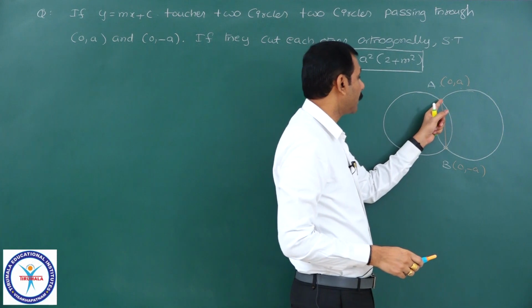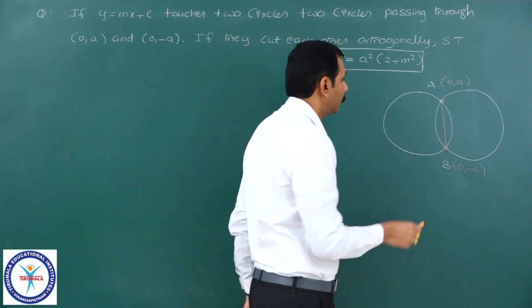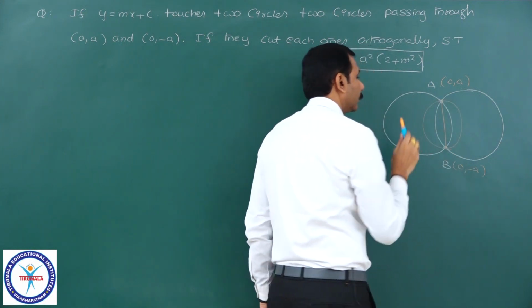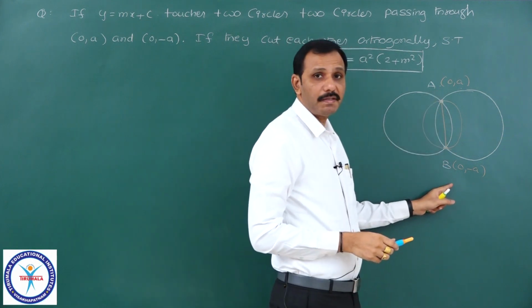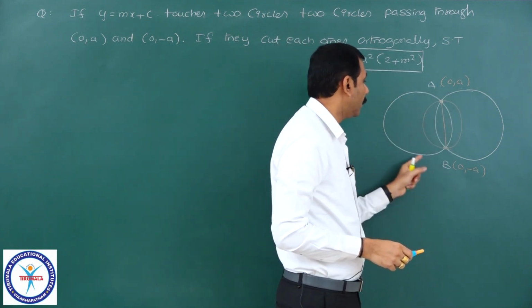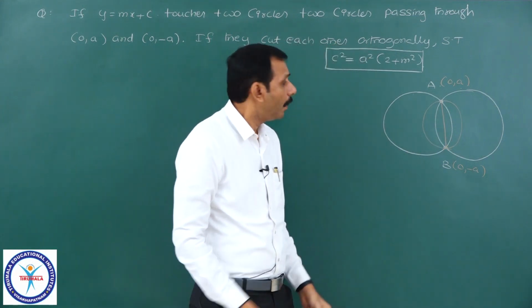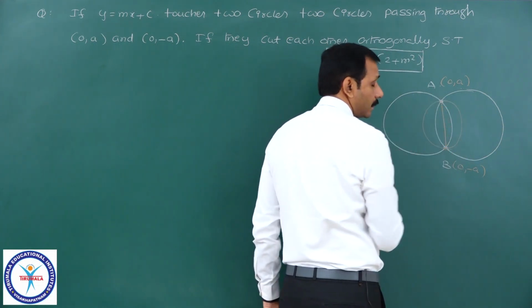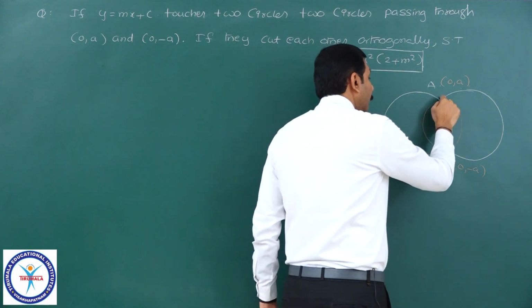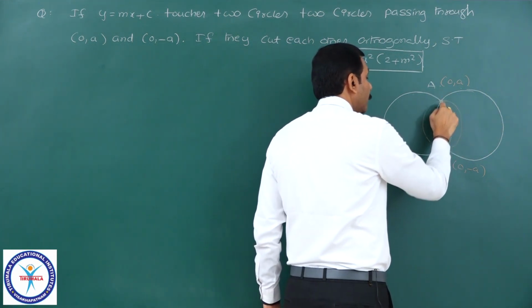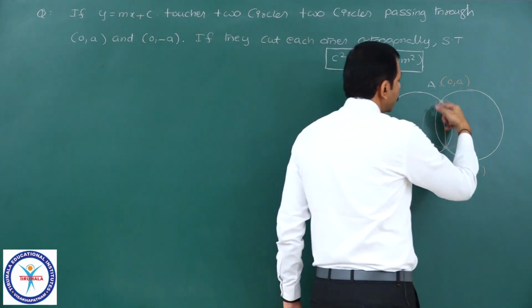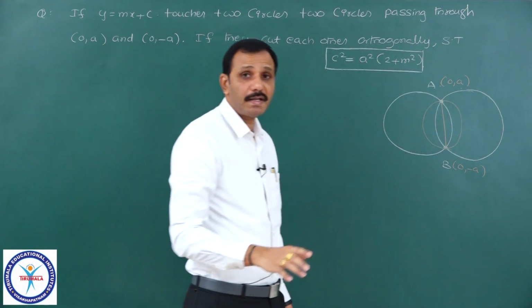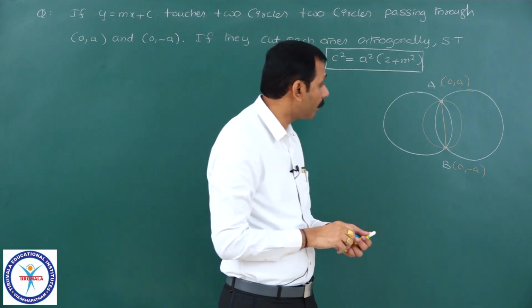I will write the equation of the circle with A comma B as ends of diameter, that is this one, and I will write the equation of AB, and then I will write the family of circles. Because this circle equation with A comma B as ends of diameter, and the chord passing through these two points A comma B, the circles passing through the points of intersection of this circle and this line can be written as S plus lambda L equal to 0.